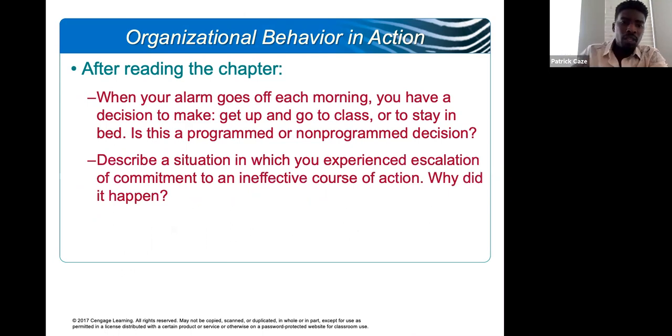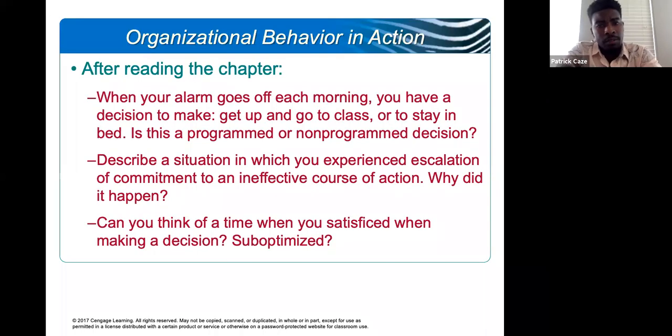Okay, let's see here. So, this is basically the end of the chapter, or yeah, the end of this particular section. Okay. All right. So, again, go back, reread the chapter. If you missed anything, these questions are really kind of a guide to help you pull out the salient points that you should really know and have an understanding of.